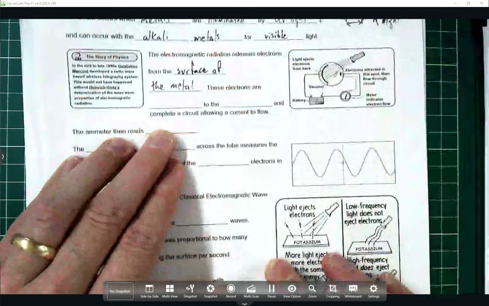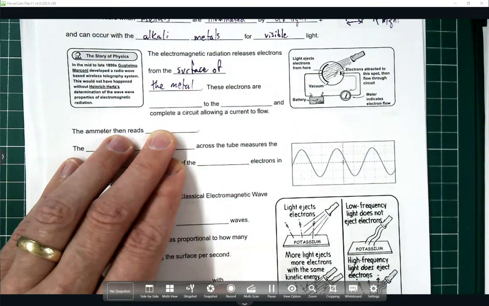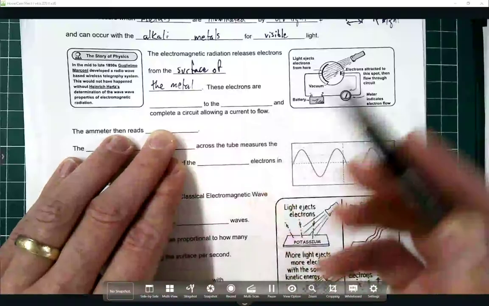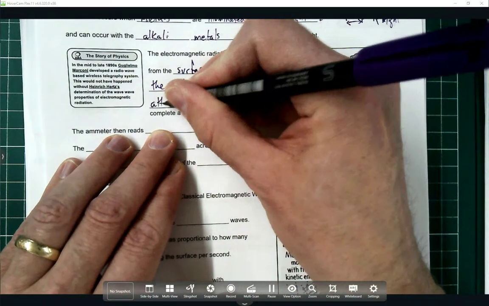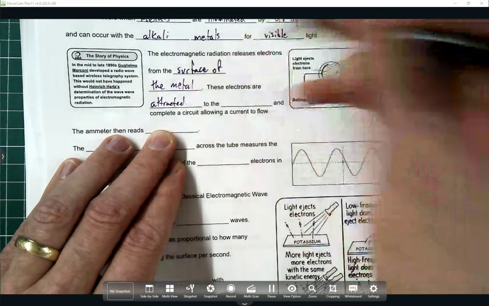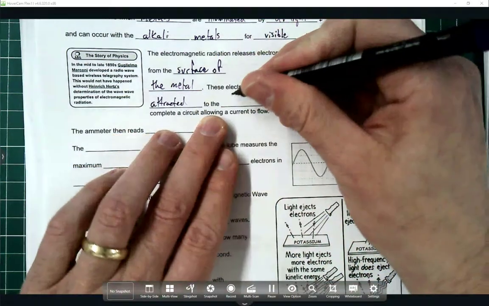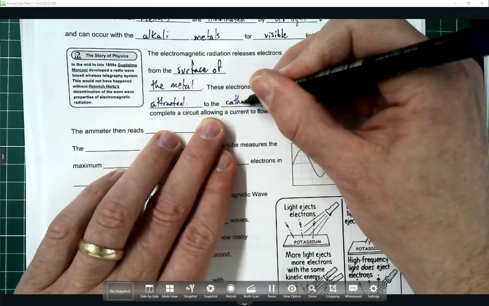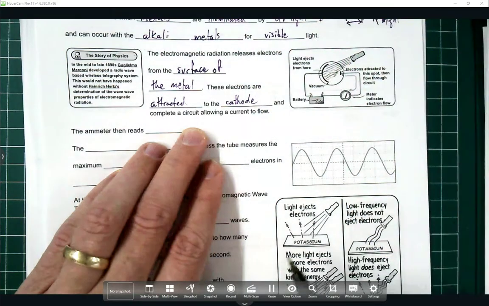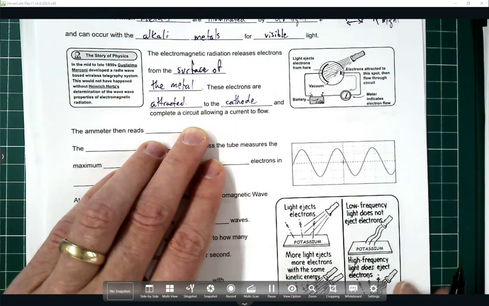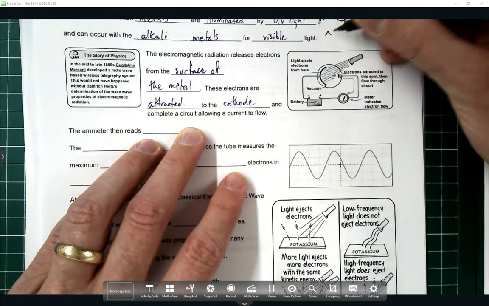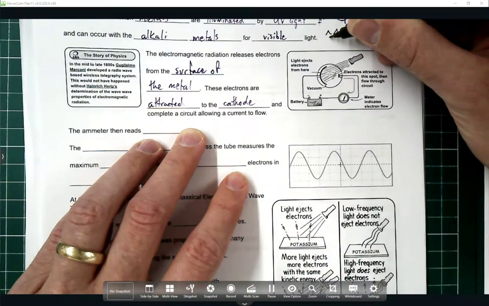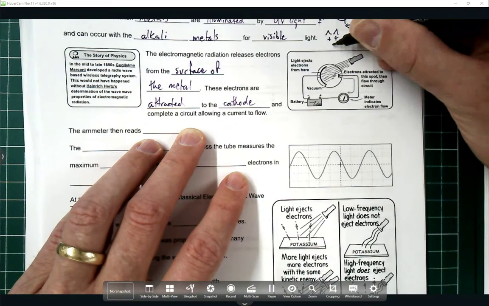And these electrons, I mean, it's not that complicated when you think about it. These electrons are attracted to the cathode and complete a circuit allowing a current to flow. Well, what's a cathode? One thing I remember from my early days as a physics and chemistry person is that